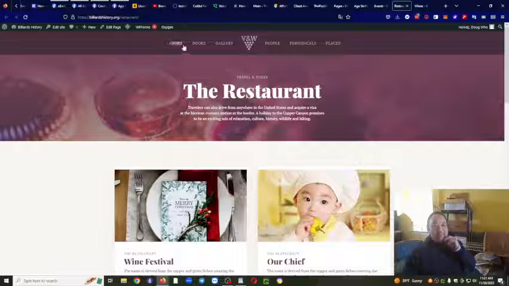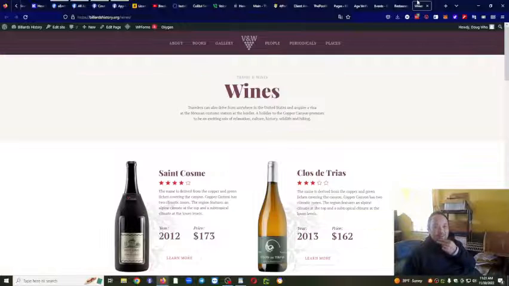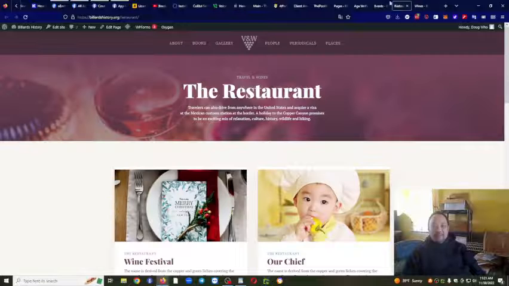I'm not making them linkable from the menus is what I'm doing right now. So you can see it says restaurant here, but there's no way to click up here to get to restaurant, and that's the way I want it. But because I'm anal